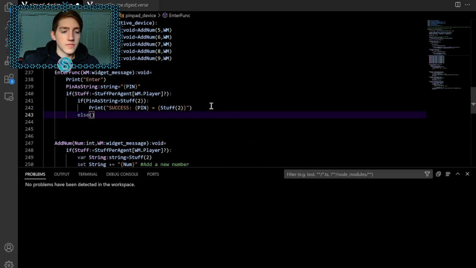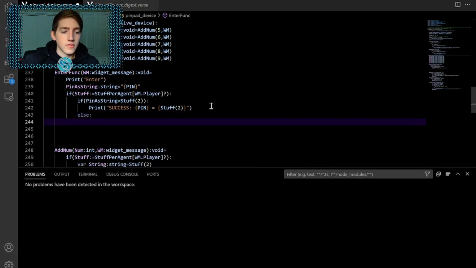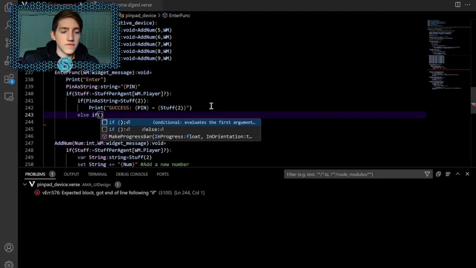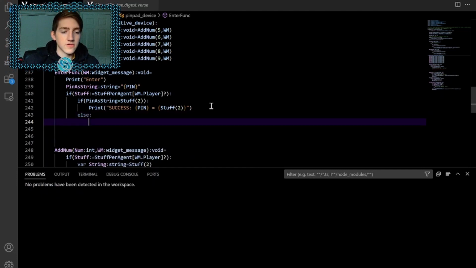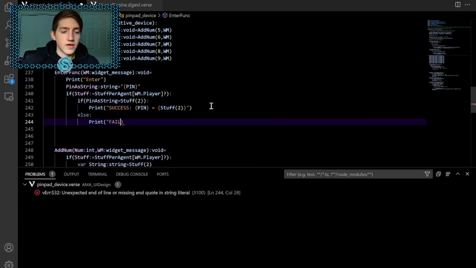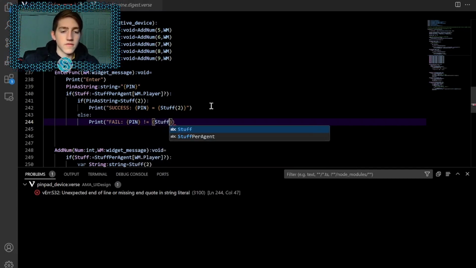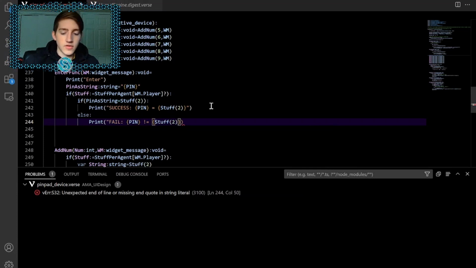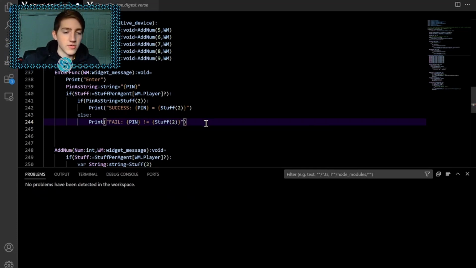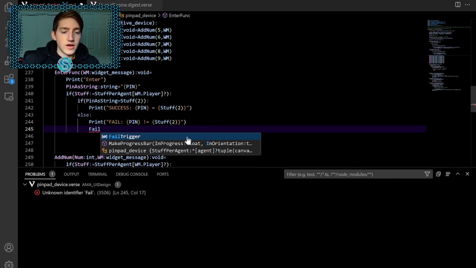Otherwise, we are going to do else if, or just else, print fail, pin is not equal to stuff at 2, just to show you that, oh, if you typed in the wrong number, you failed. Then we're going to trigger the fail trigger,